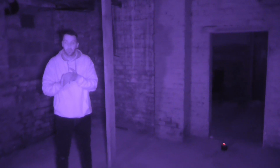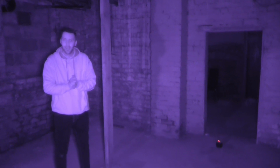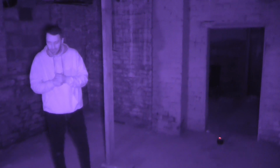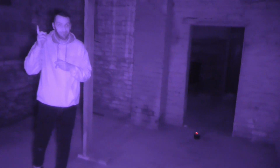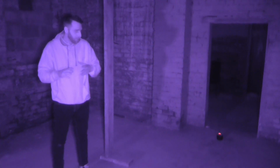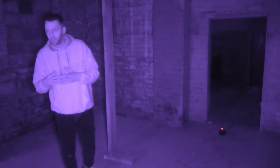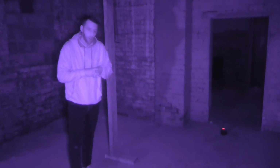So what we've done is we've moved right the way into the dark side. Again, trying to get away from the drains, but as you can hear, there's no getting away from them, unfortunately. But we want to start in this room. We don't know too much about what happened. All we do know is that this room was supposedly a